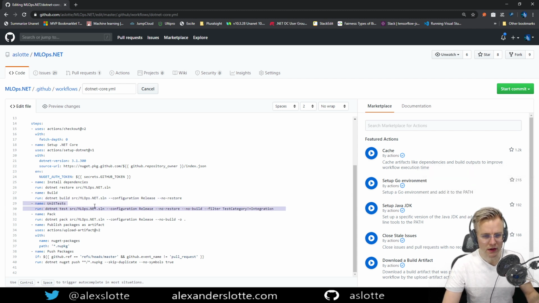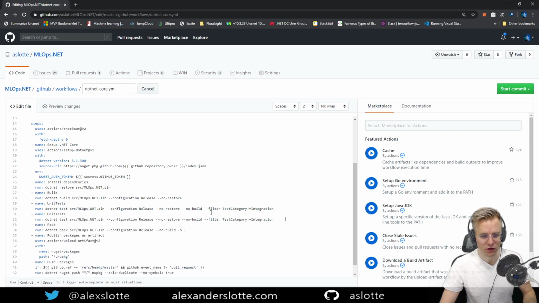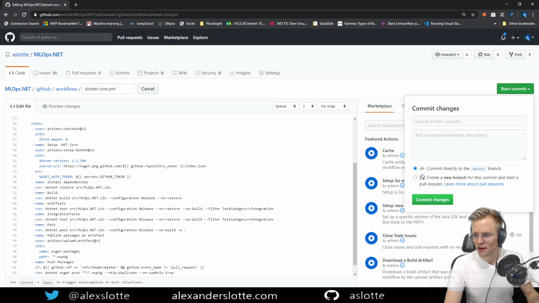And I'm going to just copy paste this one and have a second line here for integration tests, just in case one fails, so we can separate it out and see which one is failing. And I wonder if it's 1 or 2. I think it should be 2. So let's see here. We'll do a quick one here. Let's open a PR for this.